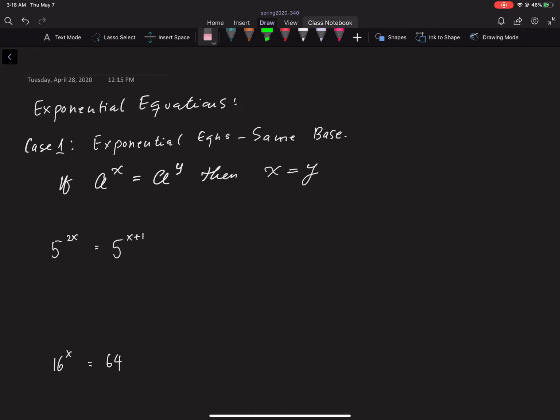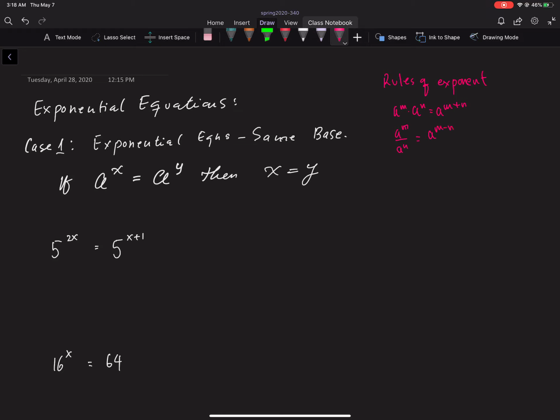When we are dealing with exponential equations, some of the skill set that I want you to bring to your understanding is that you need to recall your rules of exponents, because they help us to break down the problem set to make it easier for us. So, remember that if you have a to the m times a to the n, it's a to the m plus n. A to the m divided by a to the n,